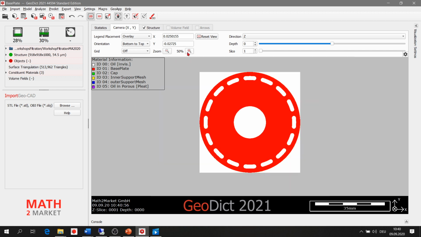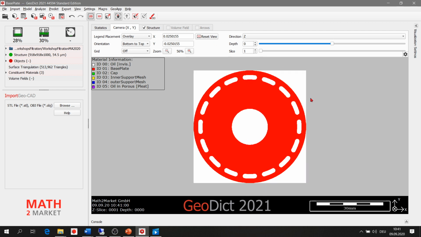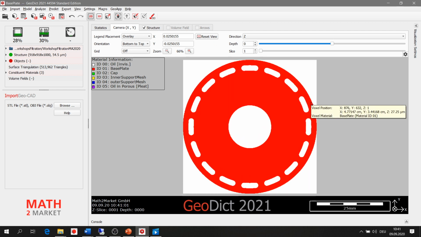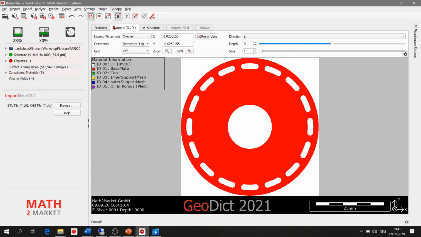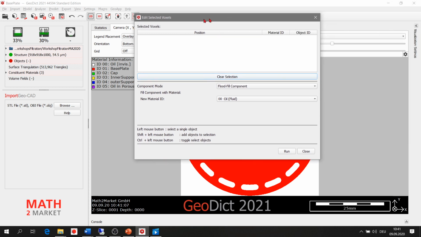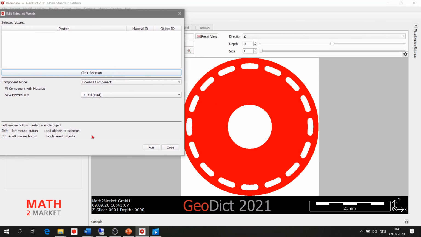Yeah, all right. Here, edit selected voxels. So what we need is, first of all, to change the component mode from flood fill component to flood fill component plane.